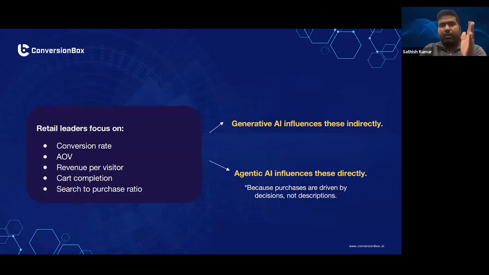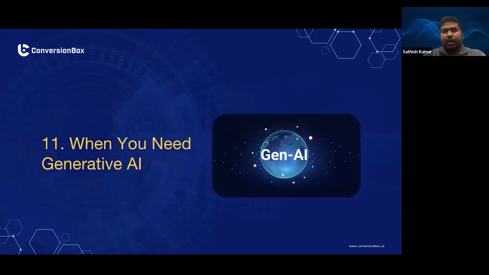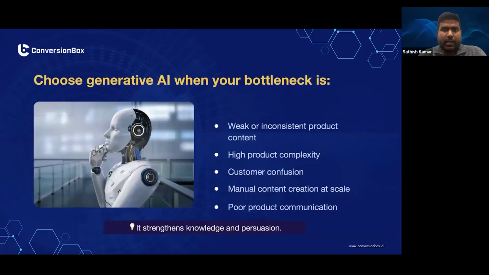Like if you have to have proper product data, proper descriptions, images, those things, Gen AI helps in creating it. But if somebody is looking to improve conversions and average order value, they have to use agentic AI to influence them properly. And when you need Gen AI, as I said,